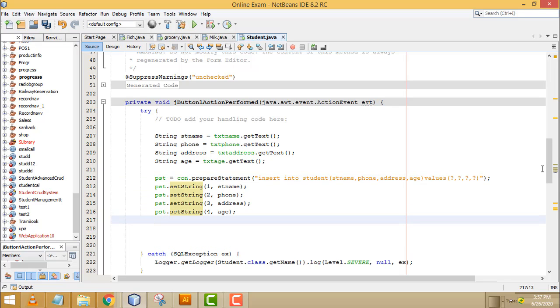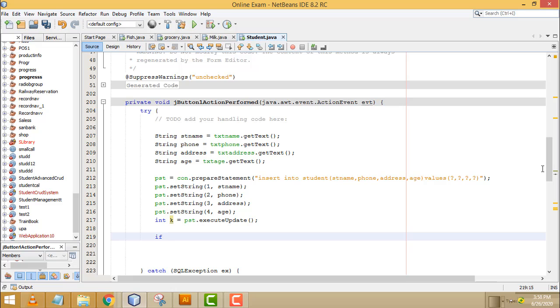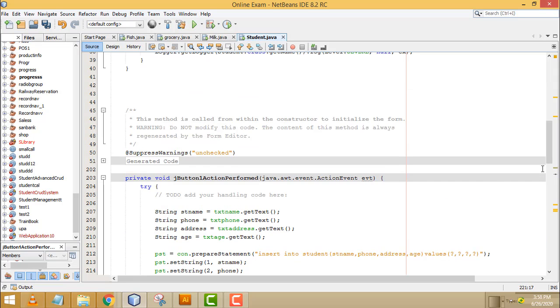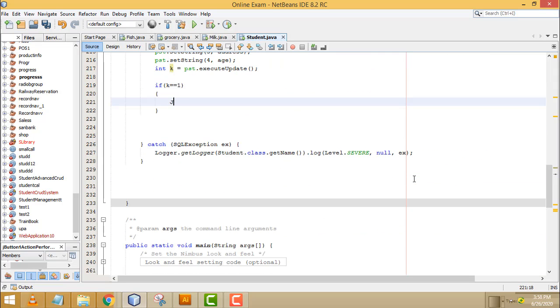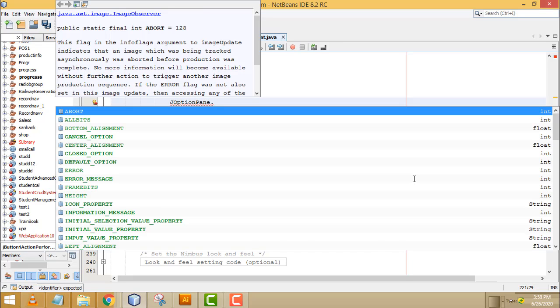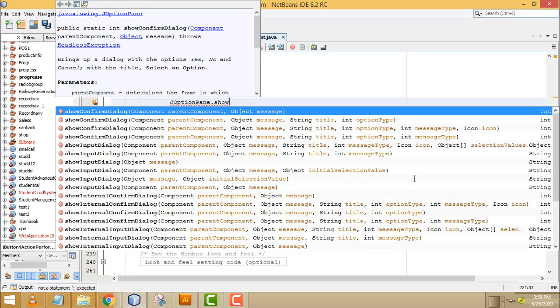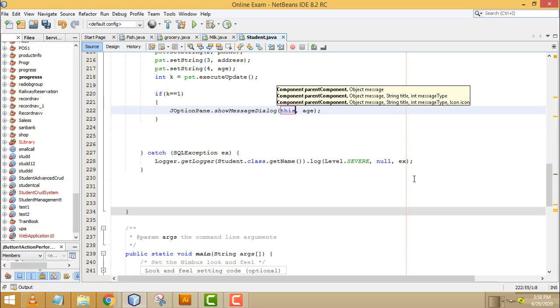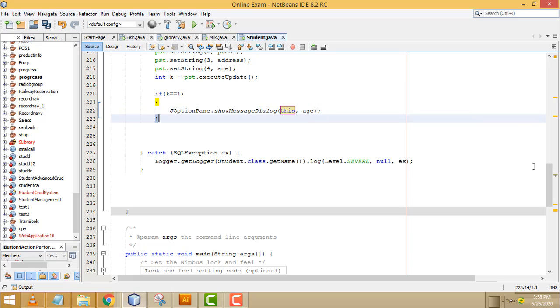After that, we have to write the insert code. So write int k equal pst dot executeUpdate. Then if k equal 1, you have to write the message, JOptionPane dot showMessage. Here you write record added.